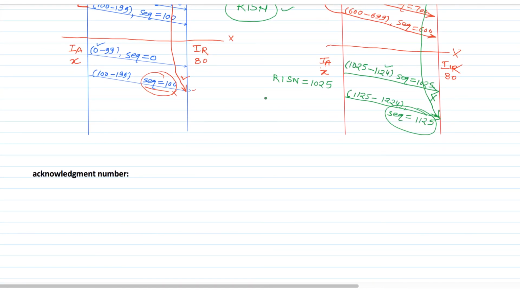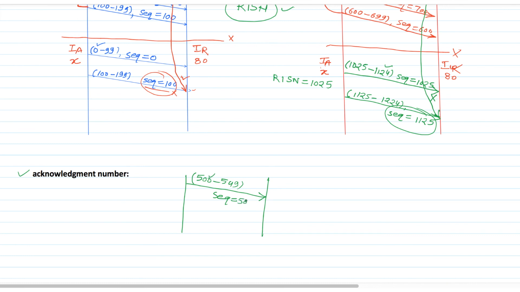So the next field is called the acknowledgement number. Suppose a sender is sending some data to this receiver, and here the sequence numbers for this data stream are 500 to 549, meaning it is sending 50 bytes of data. All these 50 bytes will have sequence numbers from 500 to 549. So the sequence number field is going to contain the value of the first data byte.